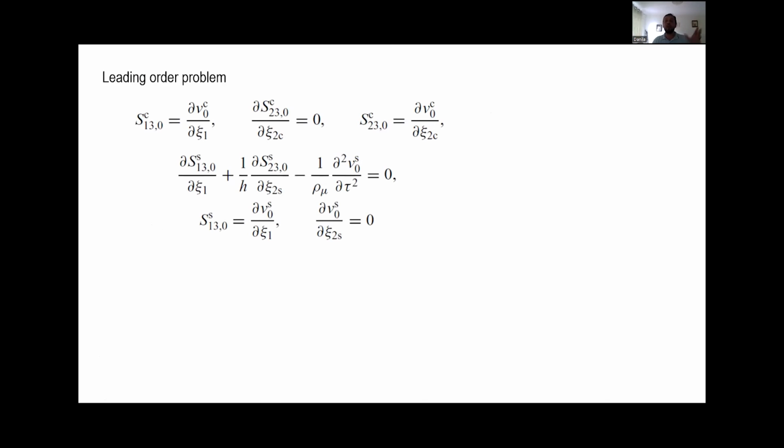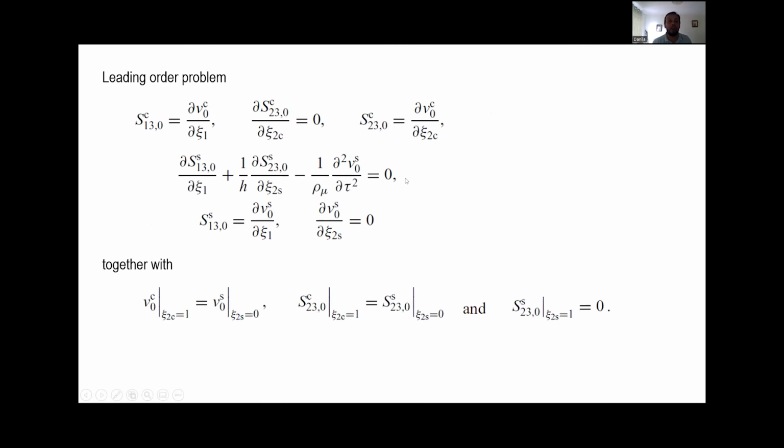So you see a lot of terms have cancelled, certainly because of that. And now we must solve that together with the continuity and boundary conditions. And this is already a doable problem. So what we can spot, well, the nice way to start is this equation here, for V naught S, so we can find the solution